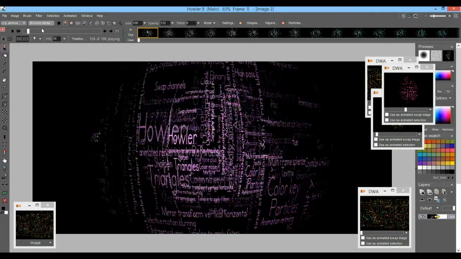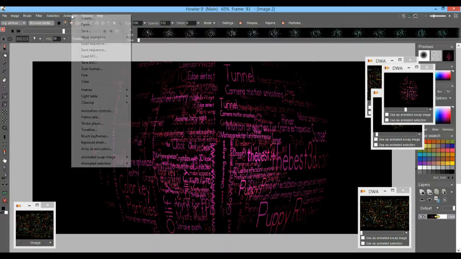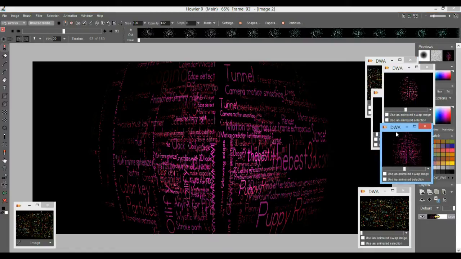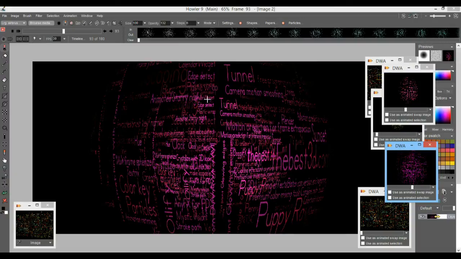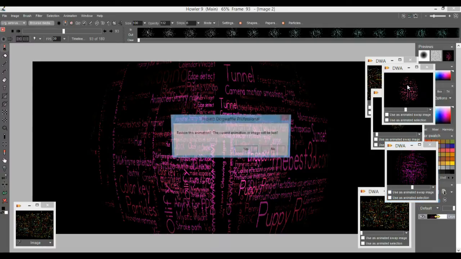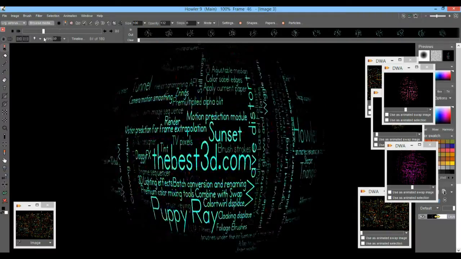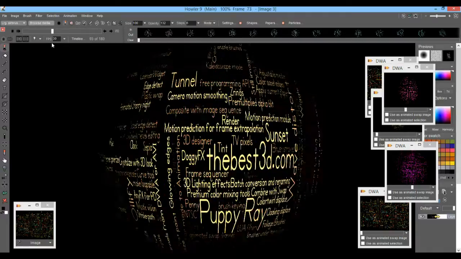So let's store this one. Let's go to, there it is, animation store disk, and I want to go back to the prior one and use the same filter but with different settings for the quality. Alright, so as soon as this one is stored, I can click here to restore this one, to put that one back in. So just a second or two. There you go. So this is the one that has the low quality rays, and now I'm going to click back on this one to restore it, to put this one back in, and you see this one has just a single sphere and still shows the same color changes, of course,